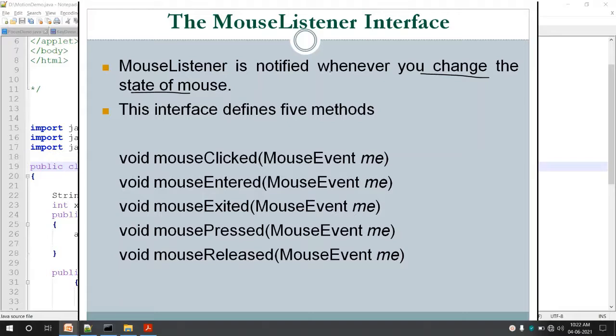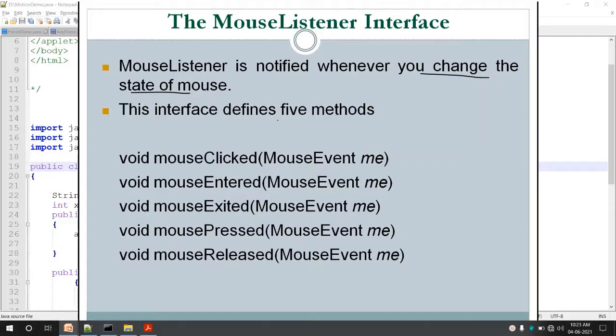State of a mouse in the sense: when you click the left button of a mouse, when you take your mouse onto some component, or when you take your mouse out of that component, when you press a mouse key, when you release a mouse key. In such cases, the MouseListener is called.